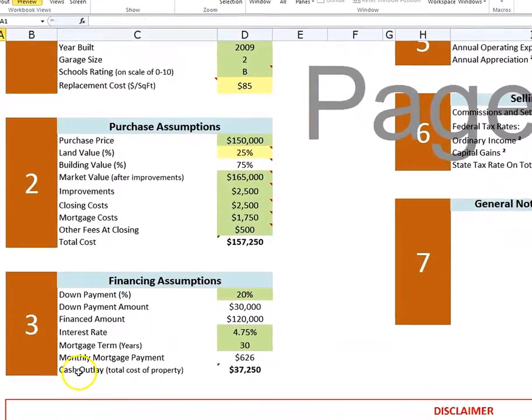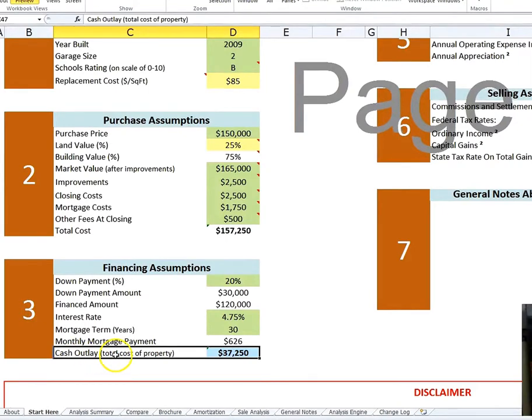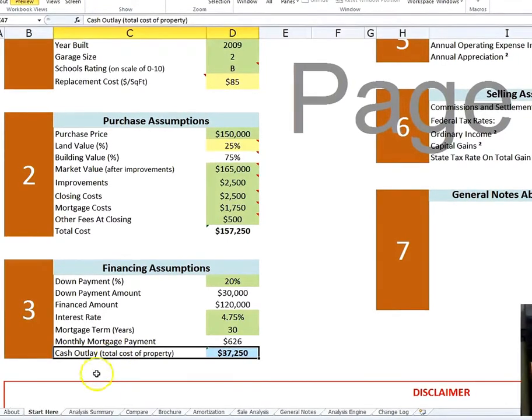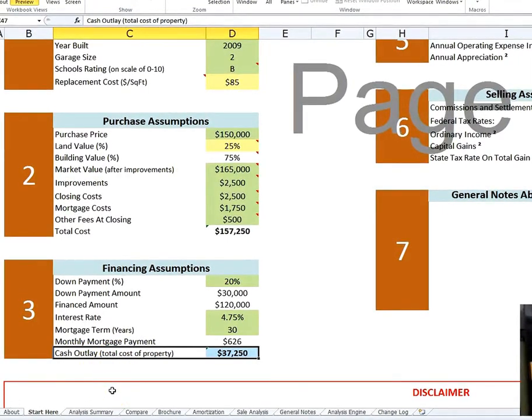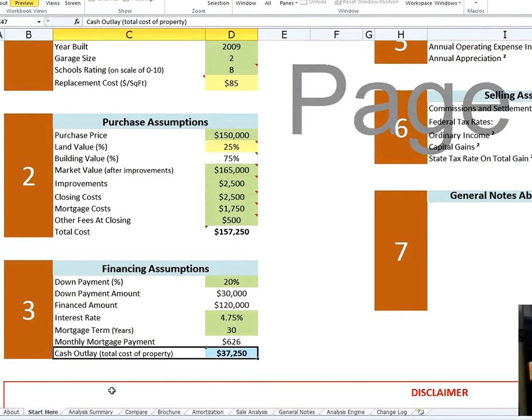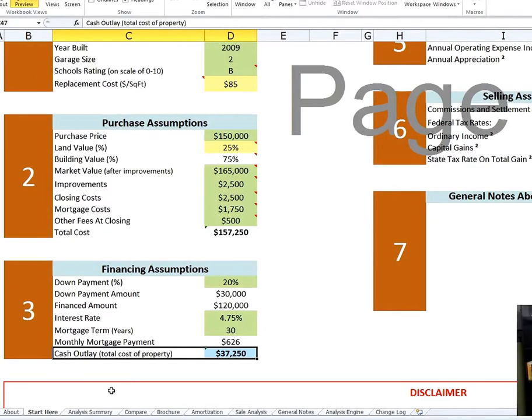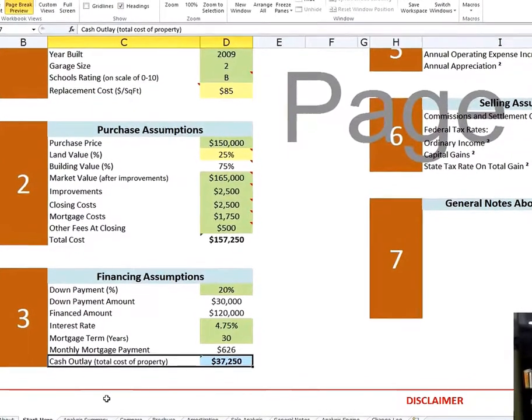The one thing that I didn't mention here is what we call the cash outlay. Actually, how much did we spend on this property? What is the cost of this property? So it's the down payment, the closing cost, the repairs, all of those. It really adds up the actual out-of-pocket expense, and that's also the base for the ROI calculation, because anything we want to calculate, we want to calculate based on what we actually